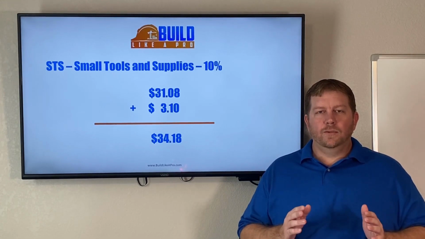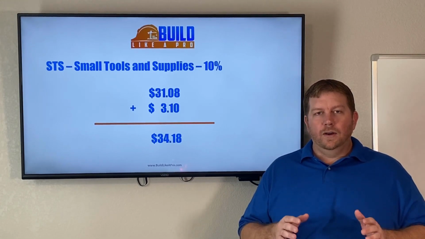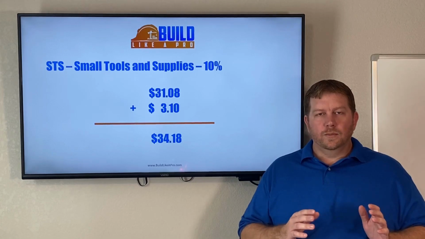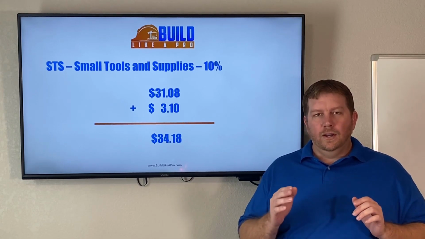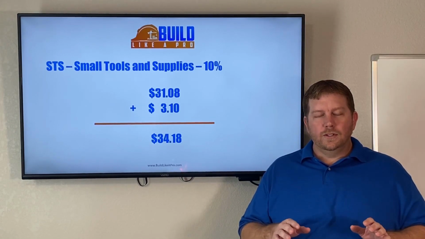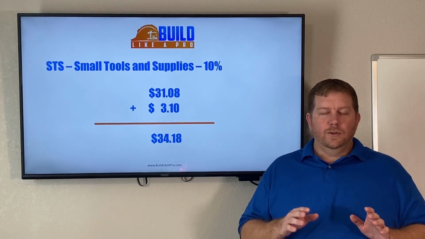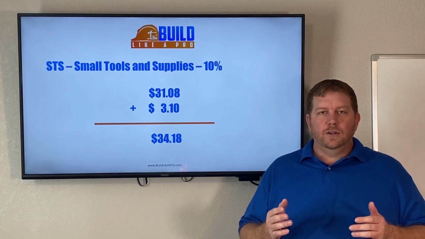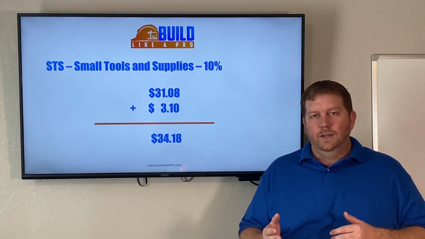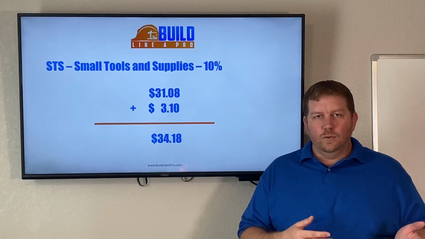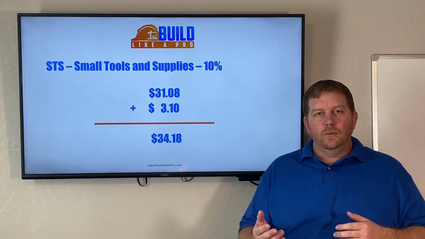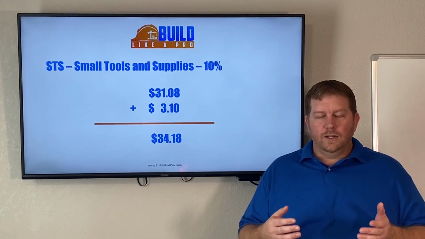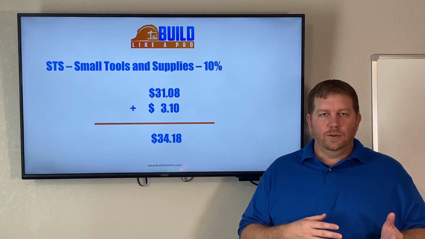Now the last thing I'm going to talk about is something that's not particularly part of labor rate, but it's something that I add when I'm figuring this stuff just because I want to make sure I'm covered, and if I do it now, I know that I'm covered for all my bids. And that is something called STS, or small tools and supplies. Could also be called consumables, which I understand tools aren't consumables, but sometimes depending on what you do, you have consumables that get used up and they need to be replaced.